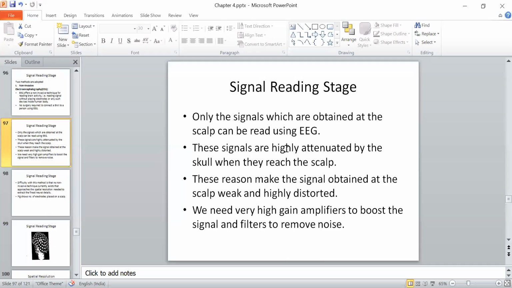Sometimes we are not even able to differentiate whether whatever signal we have read is basically the one which we try to read. ठीक है, और ब्रेन के किस पार्ट से आ रहे हैं, आपके फ्रंटल कॉर्टेक्स से आ रहे हैं, आपके बैक से आ रहे हैं, आपके ब्रेन के किस पार्ट से ये सिग्नल जनरेट हो रहा है, ये फाइंड आउट करना भी थोड़ा डिफिकल्ट हो जाता है. And this is very much important because for different activity the different part of your brain is activated. ठीक है, तो अगर आप कुछ चीज़ मेमोराइज करने की कोशिश कर रहे हो तो आपके ब्रेन का एक पार्ट एक्टिवेट होगा, आप कोई फिजिकल एक्शन परफॉर्म कर रहे हो तो अदर पार्ट एक्टिवेट होगा.